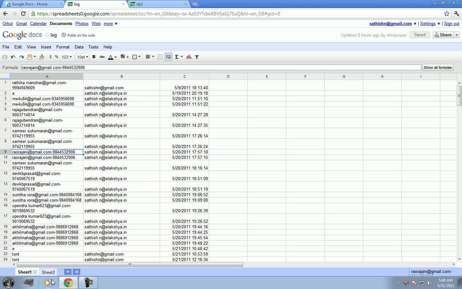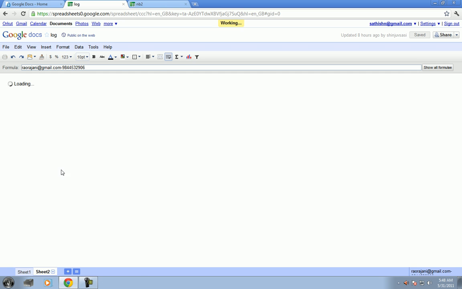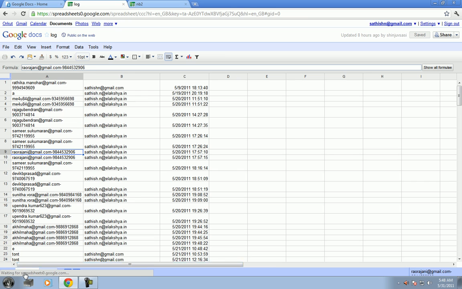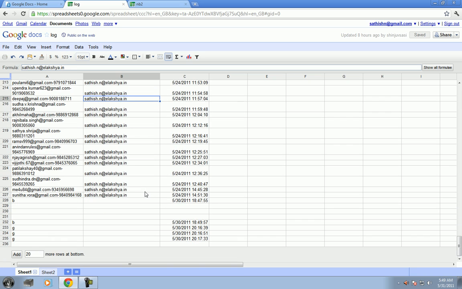This sheet 2 is where, if anybody has opened their .elakshya file, there are only 3 columns: the name of the file, the email ID of the person who has opened it, and the date when they have opened it. And can I tell you one good news here? Across this, you can see, apart from satishan@gmail.com or satish.n@gmail.com, just see, no?